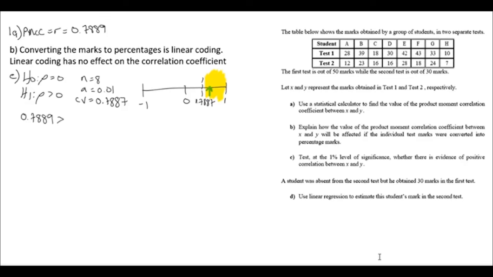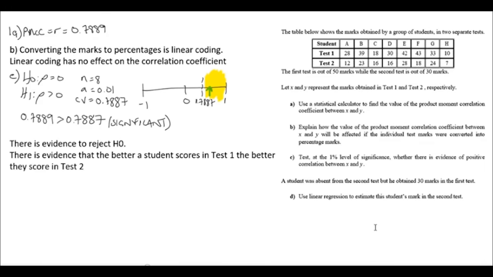Okay, let's just formalize this. So 0.7889, our calculated value, our test statistic, is greater than the critical value. We have a significant result. And we can say from here that there's evidence to reject H0. There is evidence that the better a student scores in test 1, the better we'd expect them to score in